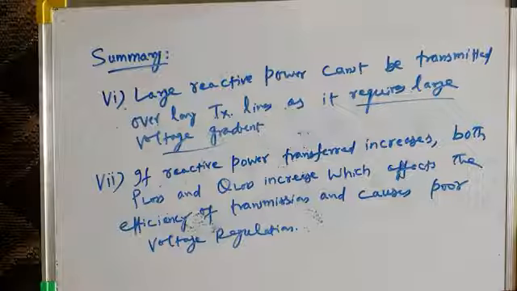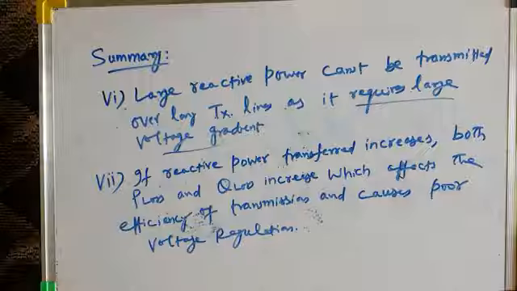Then we took two different cases. In the first case, we assumed delta equal to 0 degree, and we found that for delta equal to 0 degree, there is no active power flow from sending end to receiving end or vice versa. No active power flows because the transmission angle is 0 degree, but reactive power may flow. There may be reactive power flow from sending end to receiving end or vice versa, depending upon the voltage